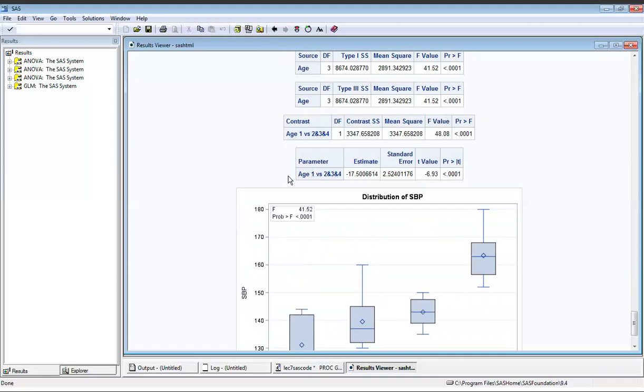And for using the estimate, it's basically doing the same thing, but it won't give you the sum of squares for that and also the mean square error. So instead, it gives you the estimate. So the estimate here is the estimated difference between the mean systolic blood pressure of age group 1 versus the average of the mean systolic blood pressure for age 2, 3, and 4. So the negative 17 is the expected difference in the systolic blood pressure, and it also gives the standard error for